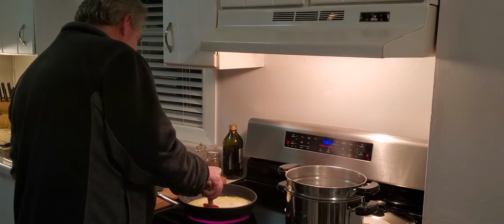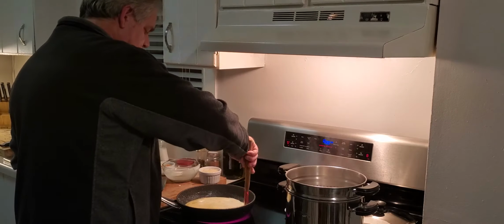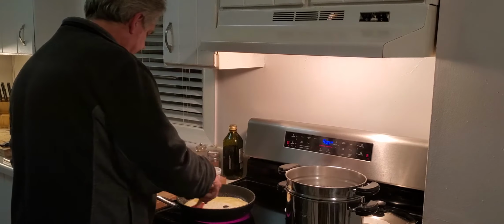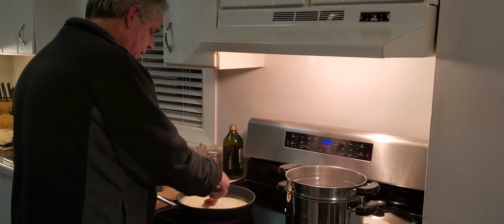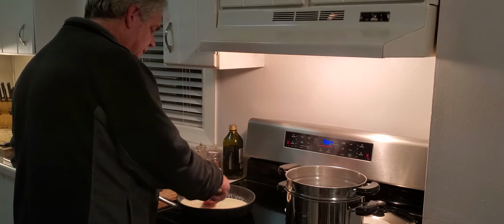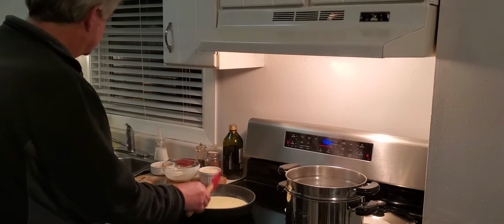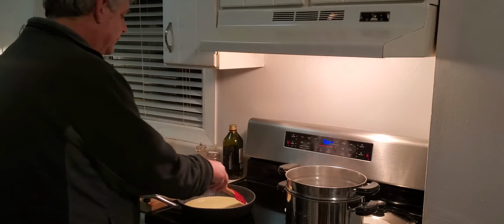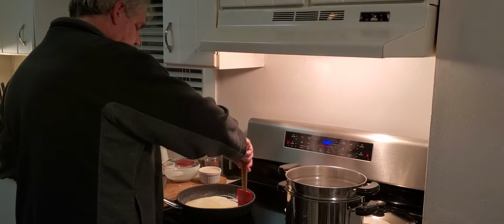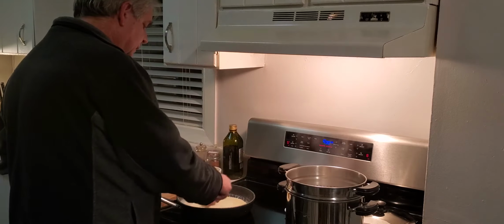This cream, it's whipping cream by the way. I'm going to make sure it all blends together. Now, what you got to do is bring it up to a simmer. Once it starts to thicken,